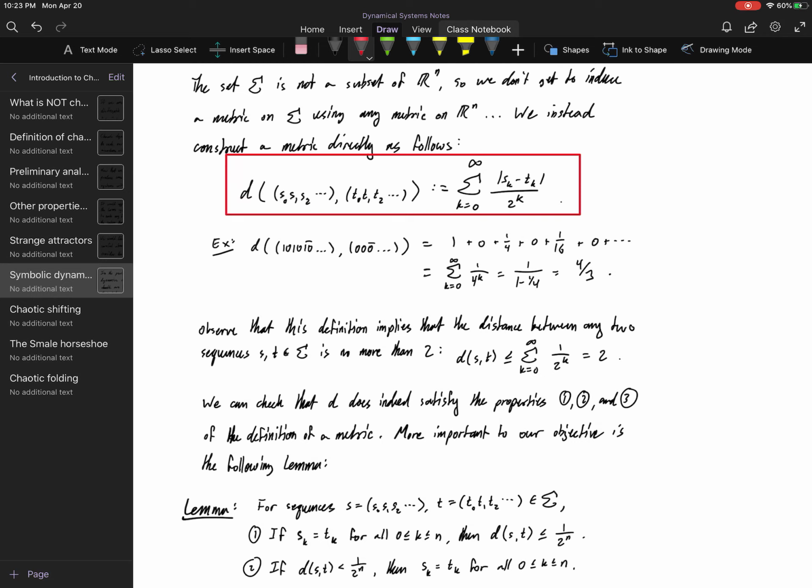We're going to start working with this new metric space and say that all the dynamics that we want to see on lambda as a subset of the real numbers actually do transfer over to dynamics in this new metric space. And to see how that works, let's